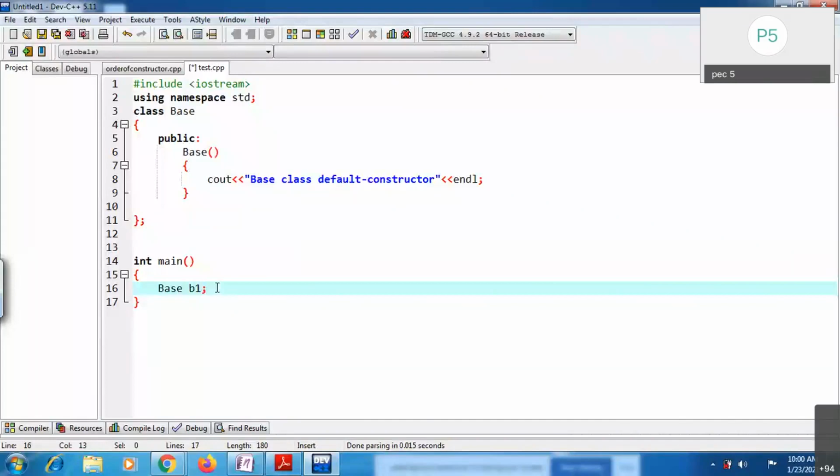For example, if you have a data member display, constructor is also one special type.